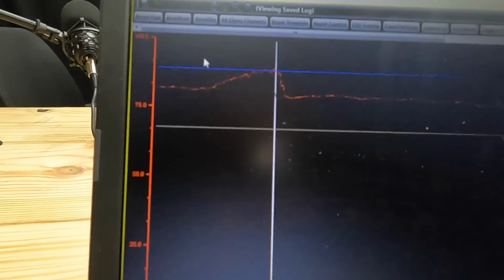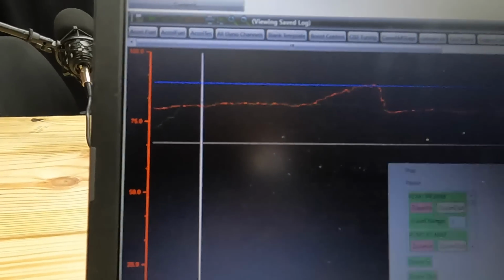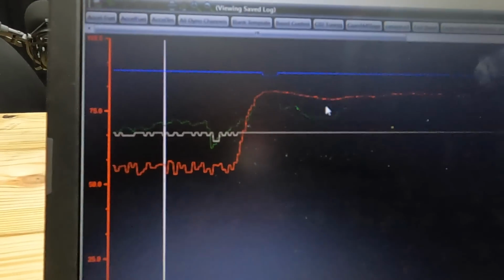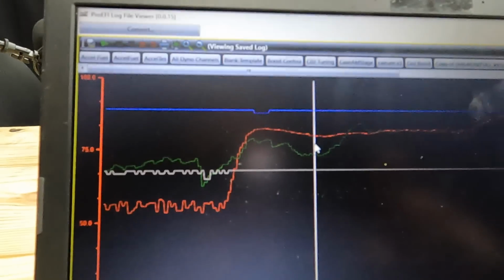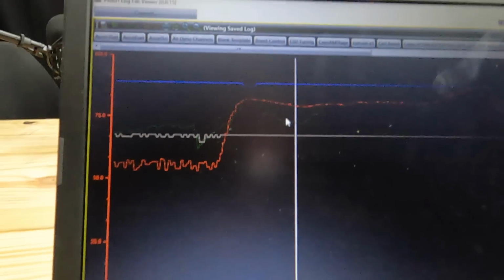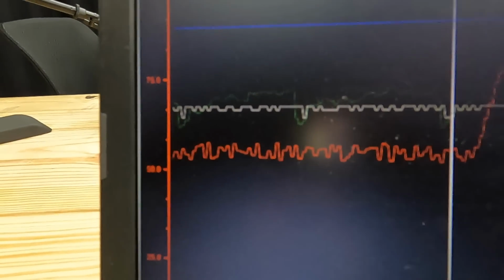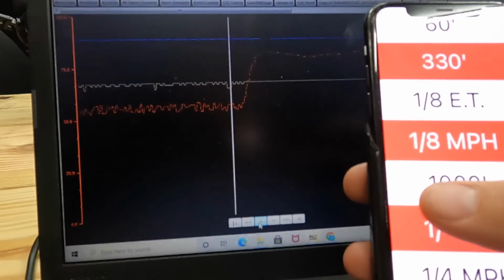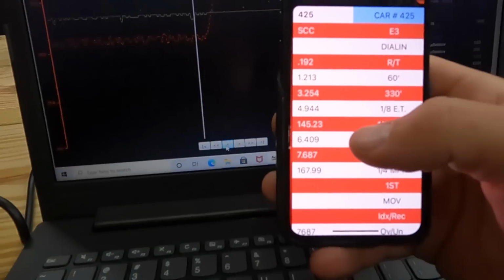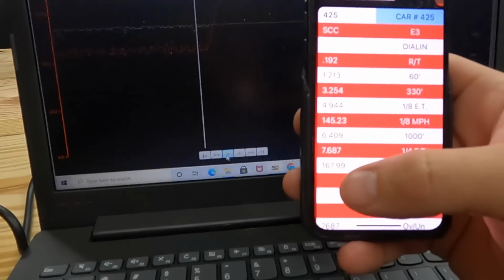So about 420 kPa, we shift at 8,900, which is pretty perfect. The lowest boost number we saw was here early on, right there. I don't know why it dipped in boost, but it dipped down to 364 kPa, and that was pretty good. So this time slip, I believe I have here somewhere. So this time slip right here, it went